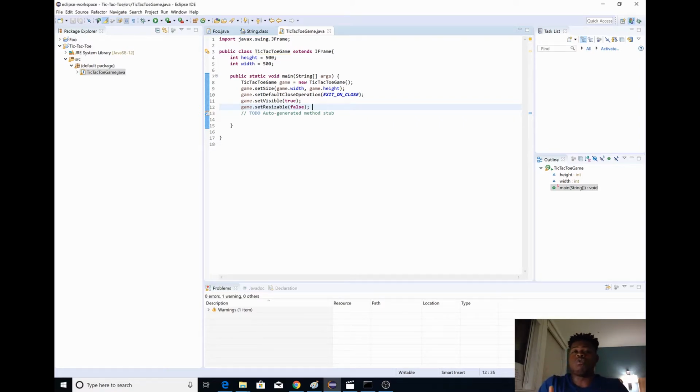Drawing. We have the window up, so we want to start drawing the actual Tic Tac Toe table. In order to do that, first we want to make an inner class. I know I said there's not going to be too many classes, but I promise this is probably the only extra class we're going to have. But hopefully, I don't know. I don't even trust myself. The reason we want to make this new class is because it's going to be an extension of